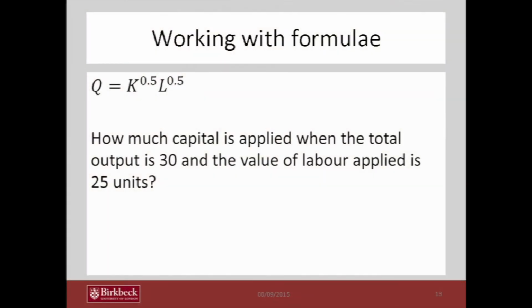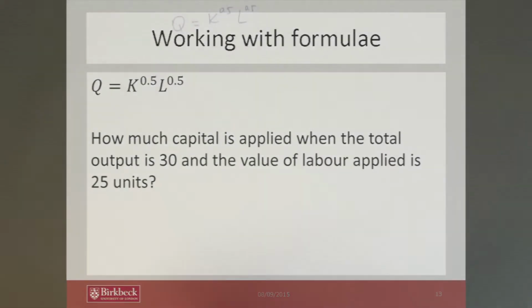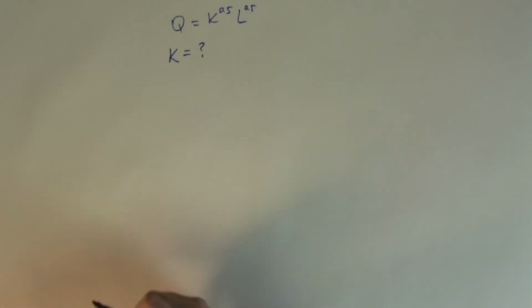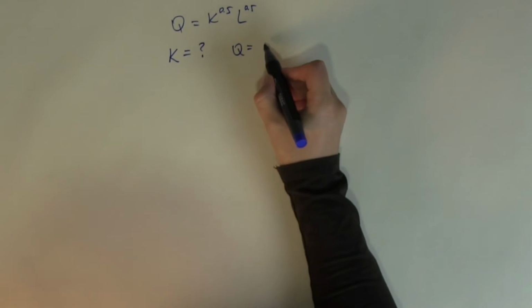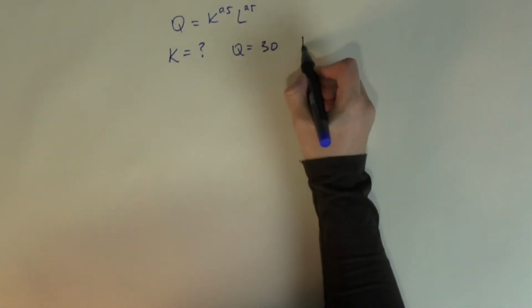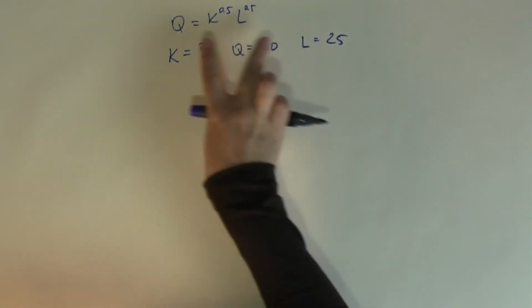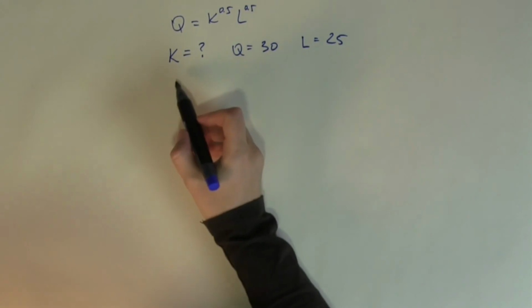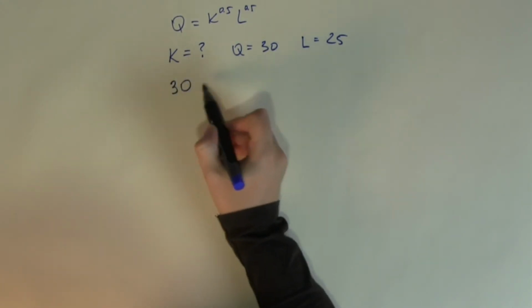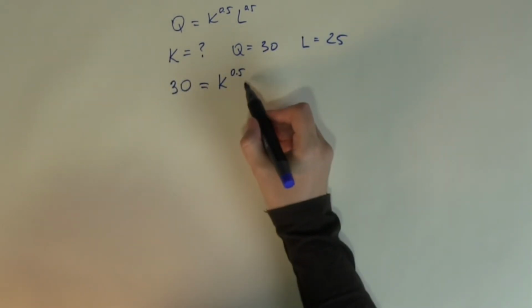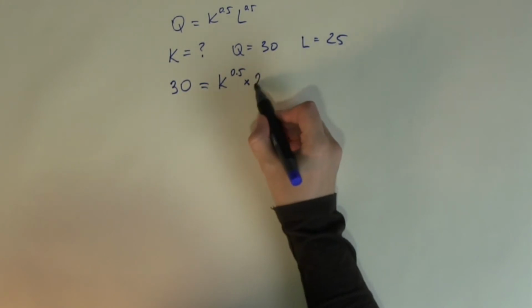The question is how much capital is applied when the total output is 30 and the value of labor applied is 25 units. So the question is, what is K when we know that Q is equal to 30 and L is equal to 25? So let's plug these numbers back into the formula and see what we're left with. So Q is 30, that is equal to K to the 0.5, because I don't know K, that's what I need to calculate, which needs to be multiplied by 25